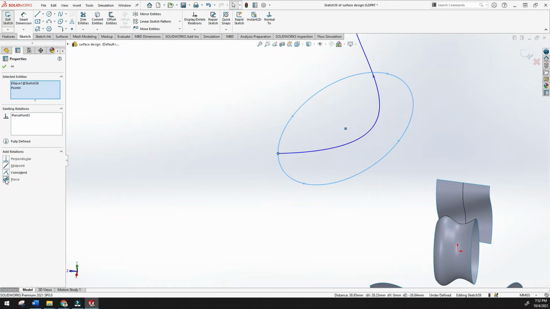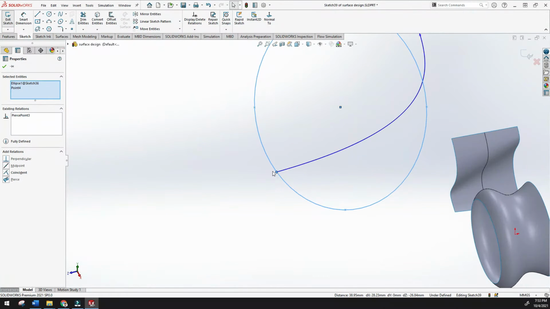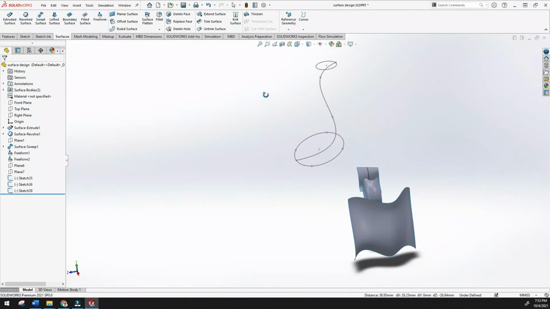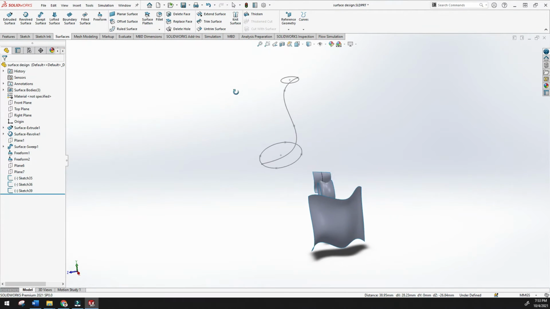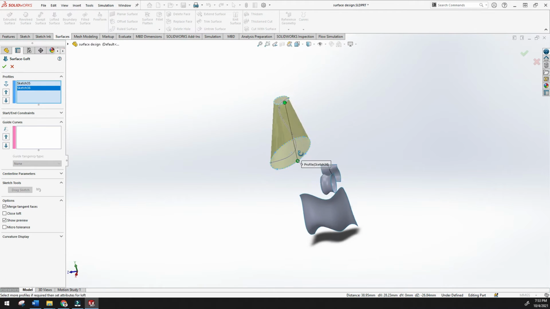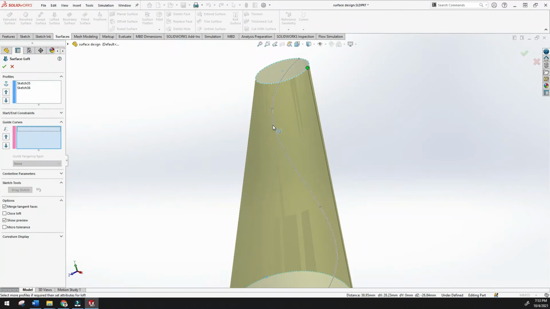See, automatically it is connected with the pierce relation. Click yes and done. Now it is possible to create the lofted surface using the curve. Click this, now click this guide curve.